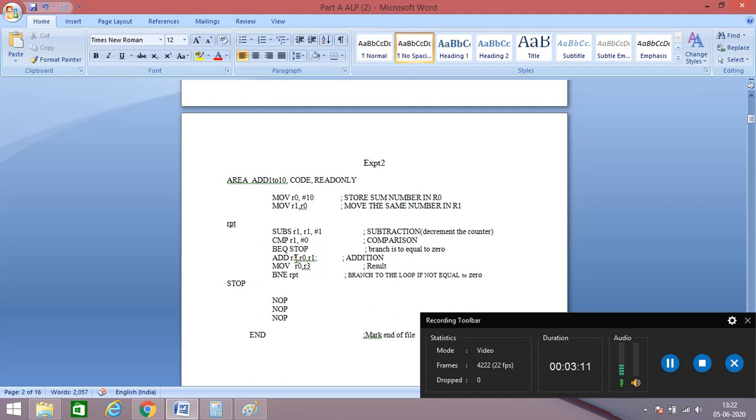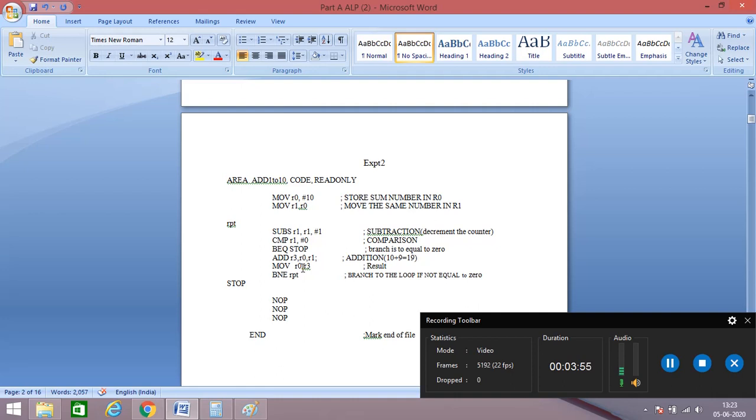That is ADD r3, r0, r1. What this instruction is doing is adding r0 and r1. What is our r0? r0 is 10, and it is adding with r1, which will be 9. So what is the sum? It is equal to 19. This 19 is moved into r3, so r3 will now become 19, and the same thing will be moved into r0. So this is one loop out of 10 loops, because the count value is 10.